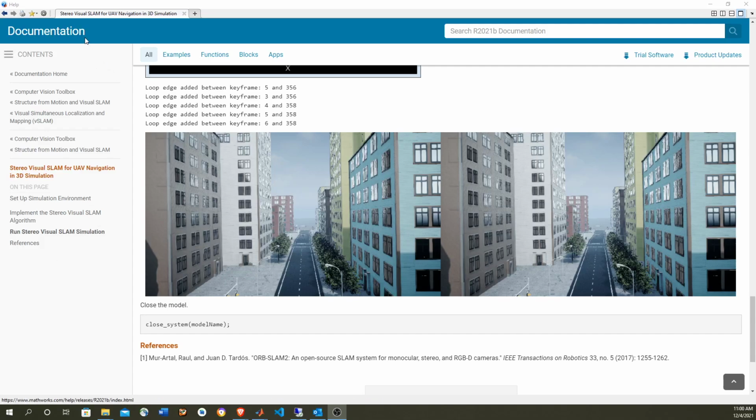Hi, in this video I'm going to go through the stereo visual SLAM for UAV navigation and 3D simulation example from MATLAB Computer Vision Toolbox. In this example we're going to do the SLAM algorithm for a drone that is navigating through a city in a simulation environment provided by the Unreal Engine software, which is used for video games and also for simulations, like